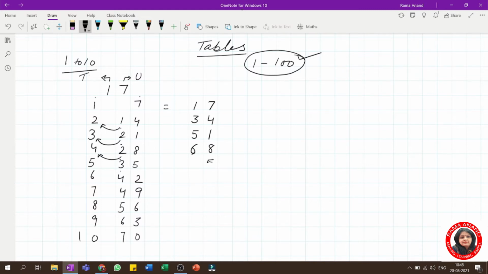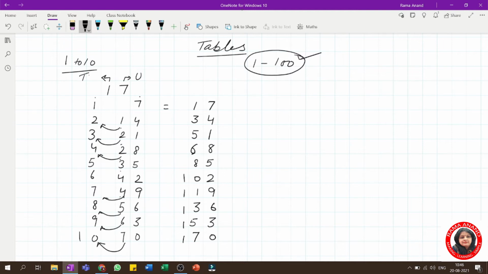So in this way, you can simply add the digits and you can just find your table. 6 plus 4 is 10. Now keep 9 over here and move this 4 forward. 7 plus 4 is 11. Keep 6 over here, move this 5 forward. 8 plus 5 is 13. So in this way, simply you can generate any 2-digit number table very easily. Okay, now see, keep 0 here and move this 7 over here. So 10 plus 1 is 17. So in this way, this is my complete table of 17.